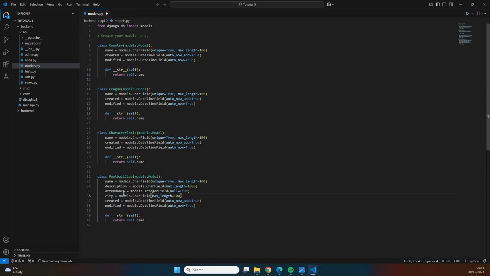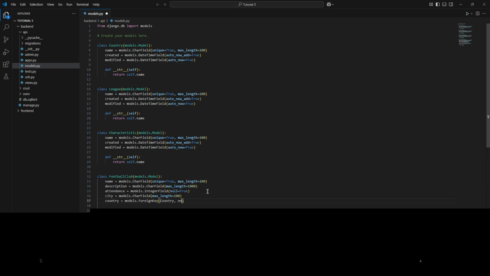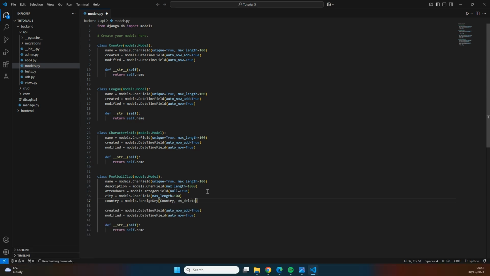Now, of course, we also want to store information about the country, the league, and the characteristics that live in other models. So we need to create a foreign key column. So in here, we can say that we want to have country, and that is going to be equal to models.ForeignKey. And then we refer to the actual model that we want to make a foreign key to, and that is going to be country. And then we also need to define on_delete. So whenever a country is deleted, what needs to happen to this data? And here we say that it's going to be equal to